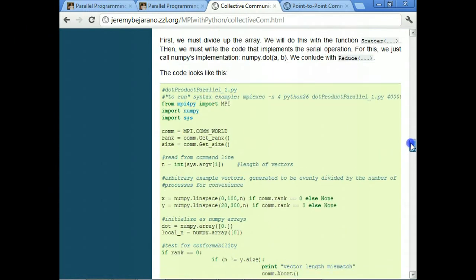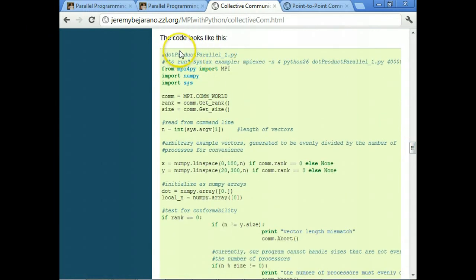So the first exercise is going to take the parallel dot product, and we want to generalize it so that it can take in any size of vector and any number of processes. For your assignment, just for a little convenience, you can assume that the size of the vector is greater than the number of processes, so you don't have to worry about that.